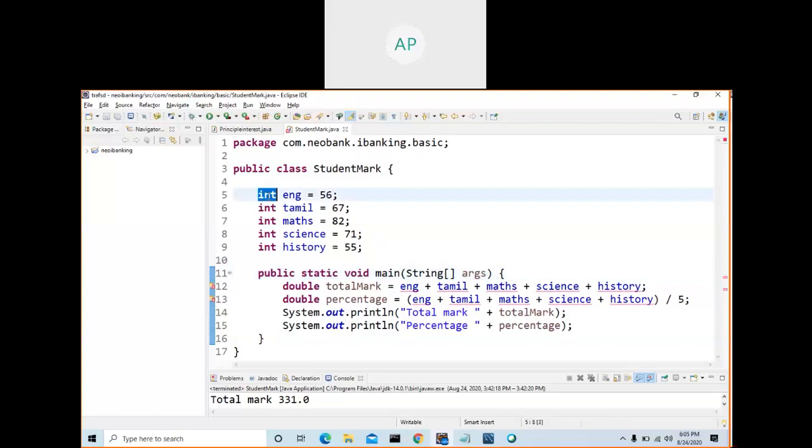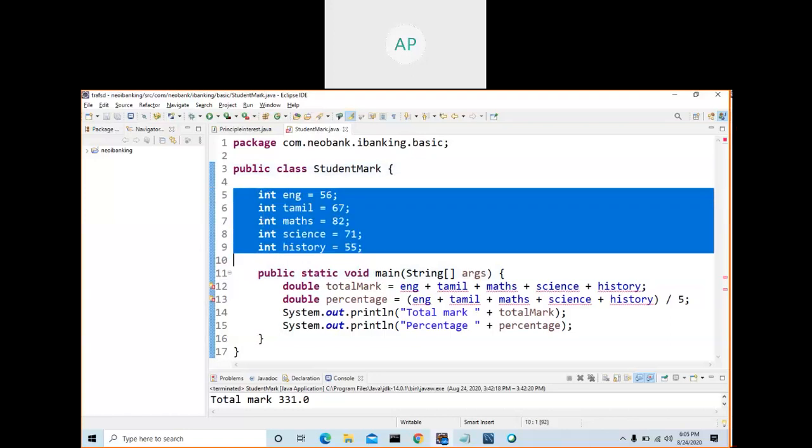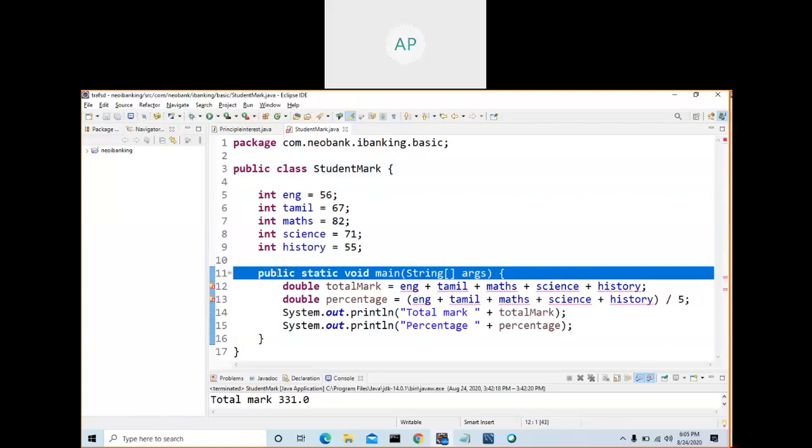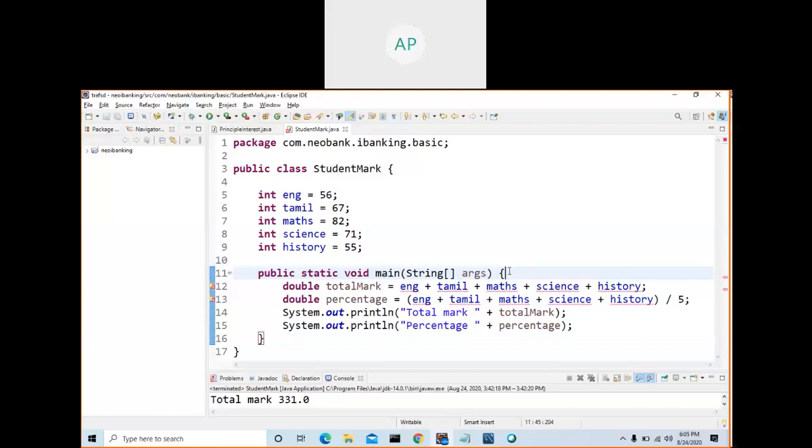This is a class, and this class mainly contains variables, and we call this a method. Where does your method start? Your method starts here, and I will tell you what is a class, what is a method, what is a variable. As of now, I am just showing you.